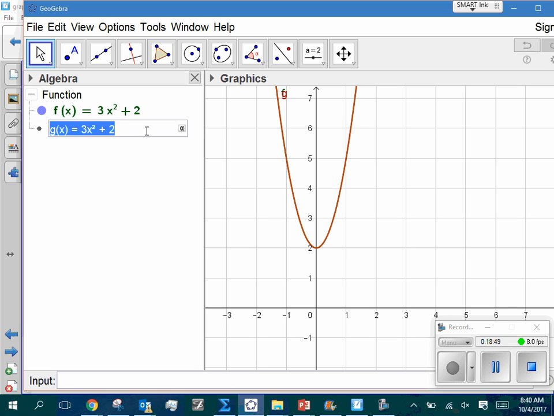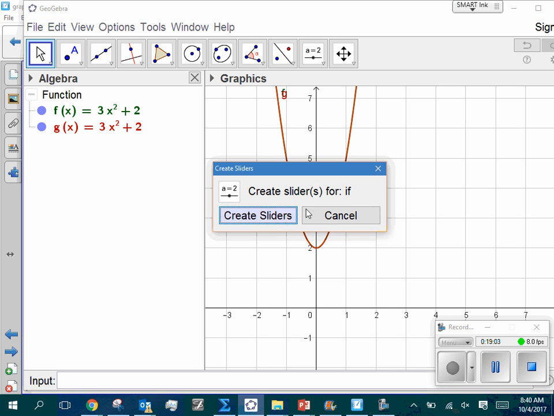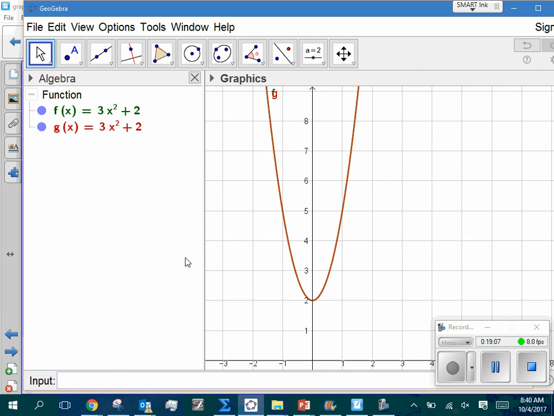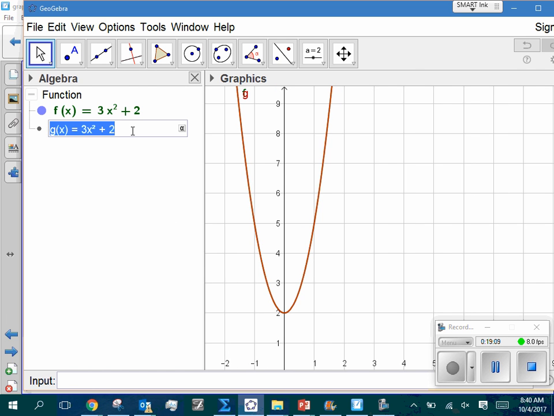Nope. Wow. I'm not sure what the command is. I haven't used it in a while. But I should be able to take